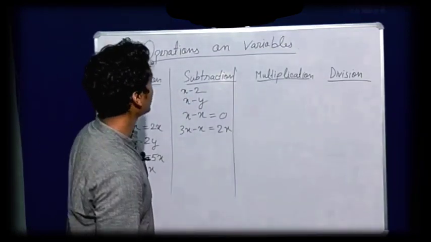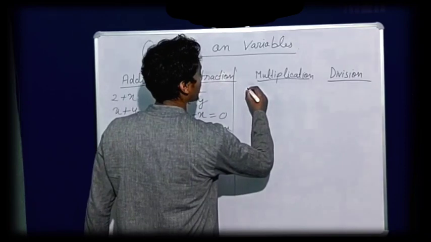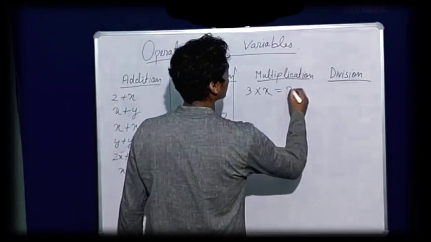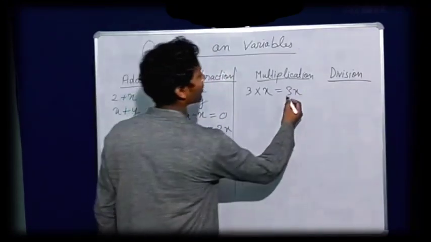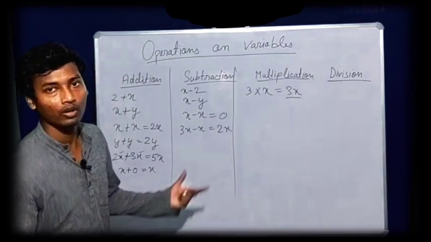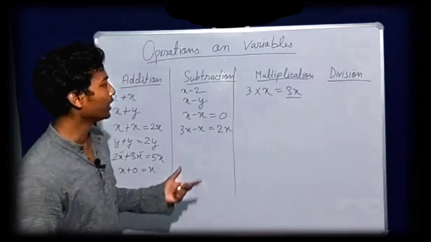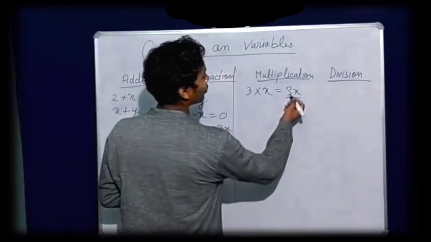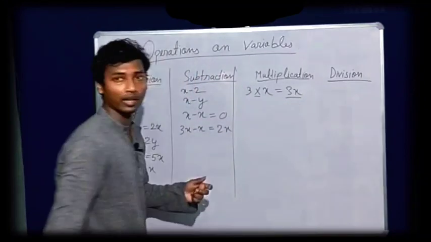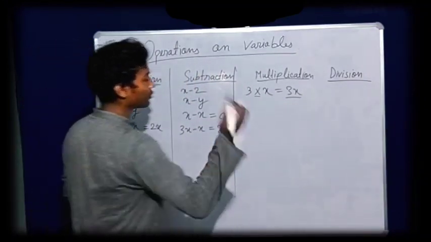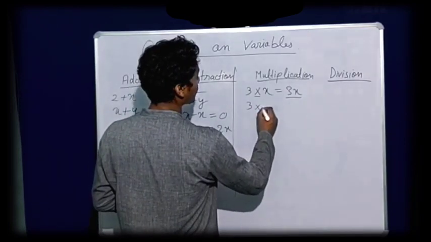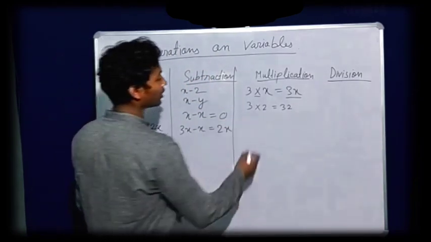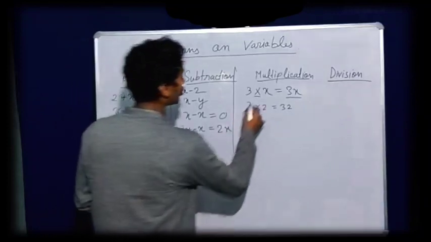Let's look at multiplication. If we are multiplying a variable, let's say 3 times x, it will become 3x. So whenever you see a number represented in this form, 3x, 2x, 4y, 5z, it means 5 multiplied by y, 5 multiplied by z. Without the multiplication sign, we can write them side by side. But if it was two numbers like 3 times 2, you cannot write it as 3 2. It will be absolutely wrong because it looks like the number 32. So you cannot do this.